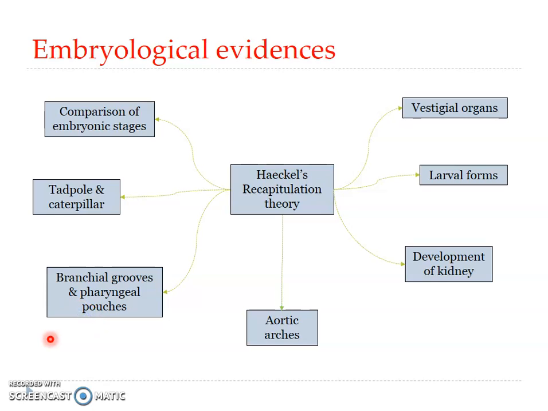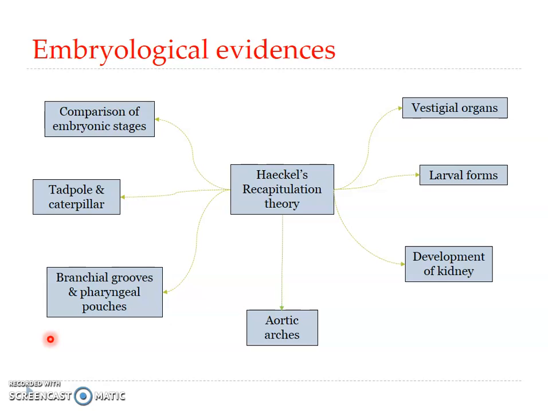Okay, so welcome back. We have been discussing the embryological evidences of organic evolution, and we saw various structures among the different groups of organisms that could provide the evidence for organic evolution. We also saw the four postulates put forward by von Baer, and here we'll be discussing Haeckel's recapitulation theory. Actually, von Baer's rule could be interpreted in such a way that similarities between embryos could be due to inheritance from common ancestry. That is, embryos exhibit homologous similarities just as adults do.